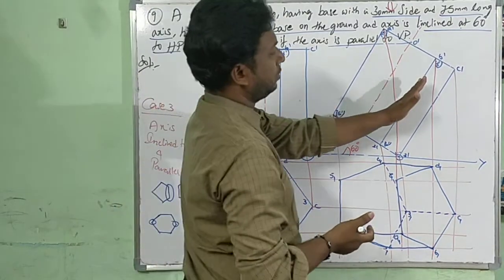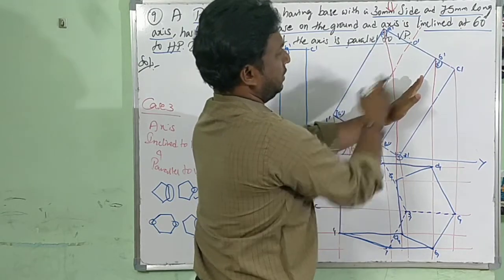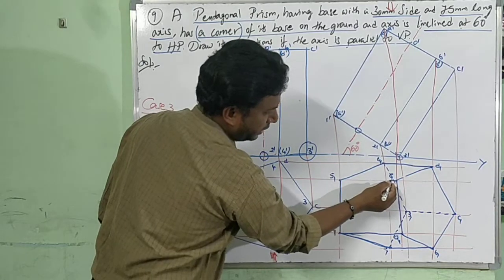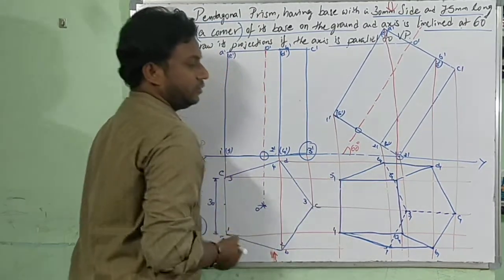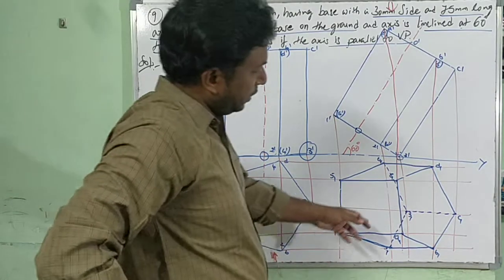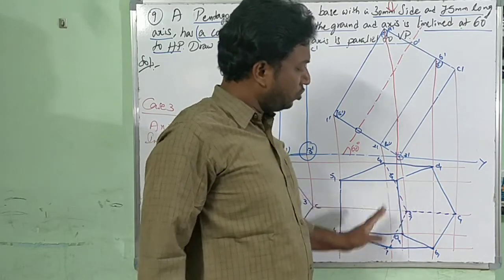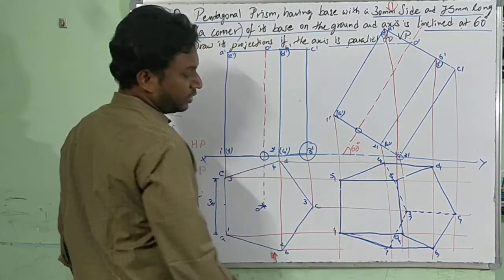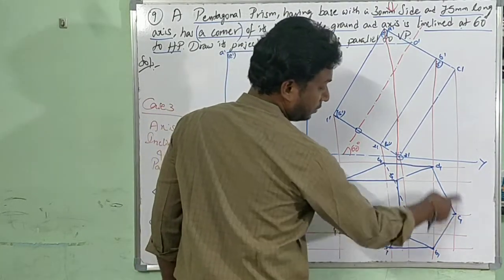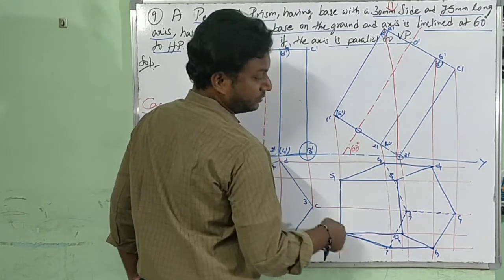One more, A B C D E dash 5 dash. With respect to this line, when I am looking from top, it is clearly visible. So E1 5 1. It will come inside. You just follow the procedure. Two bases, right? In the top view, I am showing the pentagon base, which is on top, clearly visible, and the pentagon partially visible.